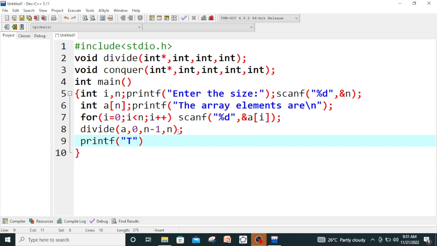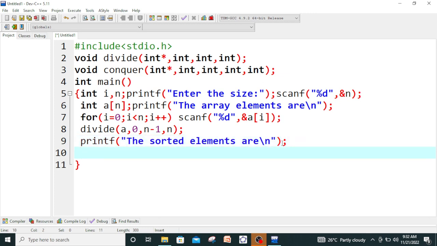that is the sorted elements are, here will be the semicolon, and thereafter we again